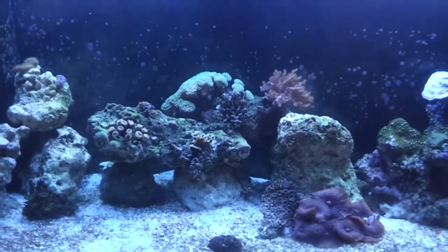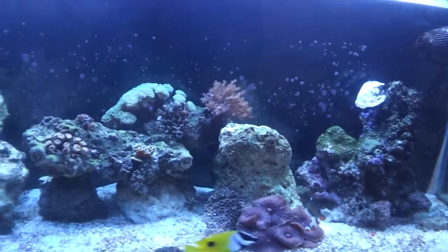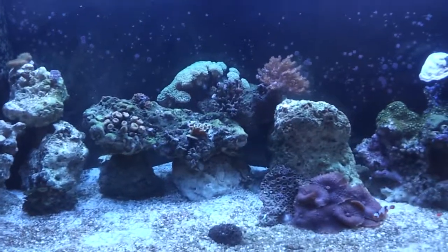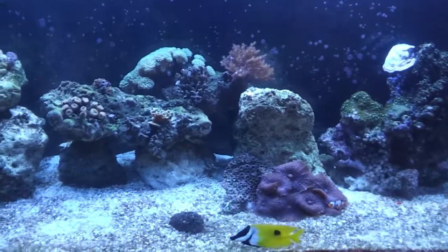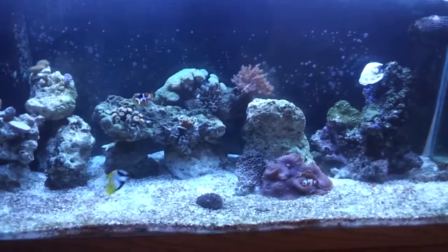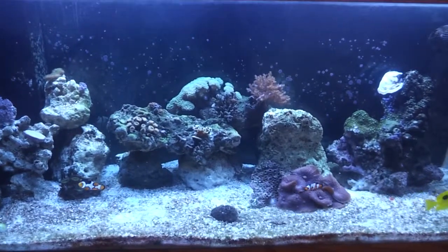I think I want to maybe try to breed some clownfish in it. I'm not sure. Was thinking about maybe getting a pygmy octopus, but I don't know. So I think I'm going to try to breed some clownfish. That'll be something different. I'm not a fan of having a reef tank here, a reef tank there, and a reef tank and the other tank that I'm getting. I want all my tanks to be different. So yeah, I think I'm going to do that, and I'll update you guys when I get some plants in the planting tank,